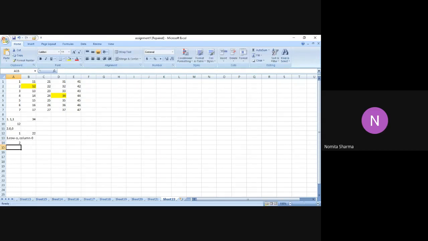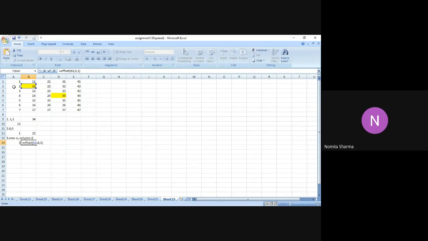Let me just check. So we get 2 over here. Now let me see what I'm getting. In this particular example, I wrote A1 and I've mentioned row as 1 and column as 0. That means it is only asking me to go one row down, and column is mentioned as 0 over here, so it will not go on the right side. Let me give you one more option. So it is offset bracket, I say B2 this time, and I say 0 and 1.